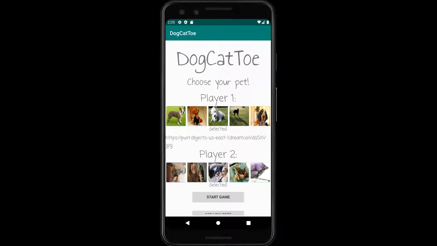Hi, my name is Yosup Kim, and I work with my partner Cesar Diaz Blanco to create this app called DogCatToe. I was in charge of the UI of the board, and then creating the logic of how you can win this game. So first of all, when you open the app, it brings you to this screen where player